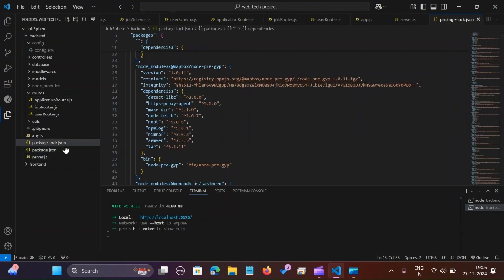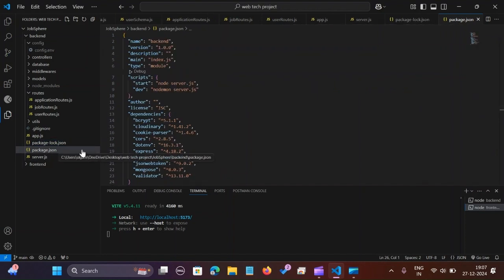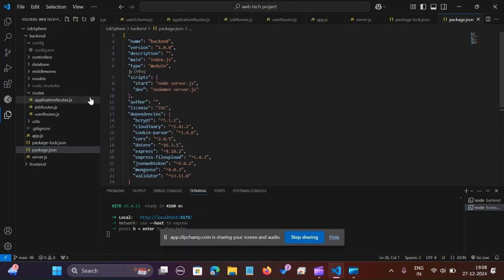Then package-lock.json locks all the versions of the installed packages, ensuring that the same versions are used across different environments and installations. Finally, package.json shows all the libraries that have been installed, along with their versions. It gives essential information about the project, including its name, version, description, dependencies, etc.